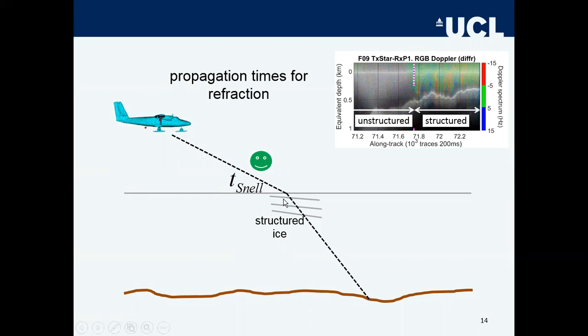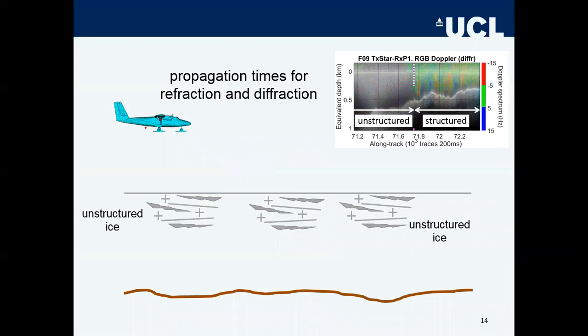In case we have a structure with internal layers, as we saw before, this is a region where we can infer that, because if we are able to see a pattern in the color of the Doppler decomposition, we can say there is structure. In these regions we can apply pure refraction, and the image is focused well. But when we are in a region where we can't say anything about how these layers are organized internally, and we call these regions unstructured, if we apply this Snell model,